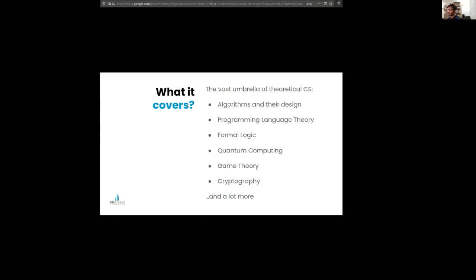Game theory is a fun field full of real-world puzzles that we solve by developing strategies and developing decision-making algorithms. These seemingly small puzzles have applications in huge fields like economics, trading, finance. So algorithmic trading is basically based on game theory, right? Apart from this, we have cryptography. Cryptography is the study of algorithms to protect and encrypt data. Now, this is an extremely relevant field right now because we have a lot of data that needs to be protected. And it has a lot of interesting research happening all around the world. I mean, it's an amazing field.